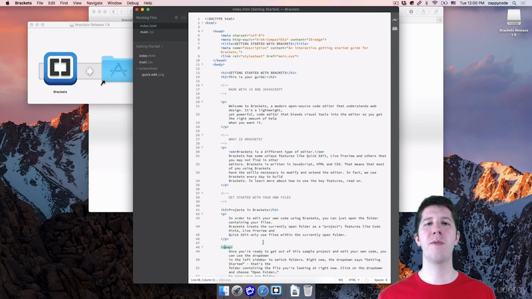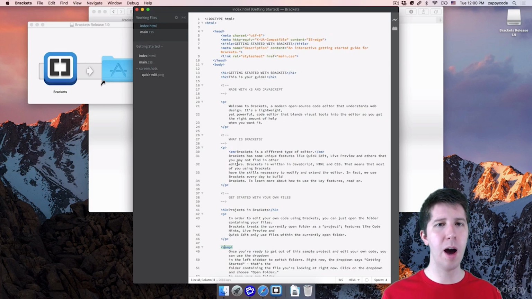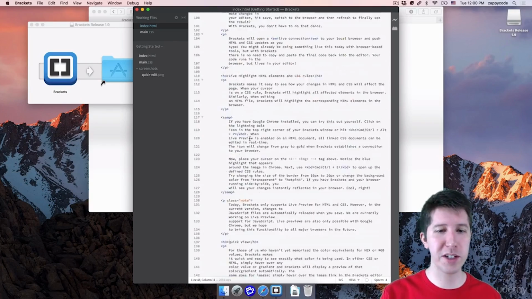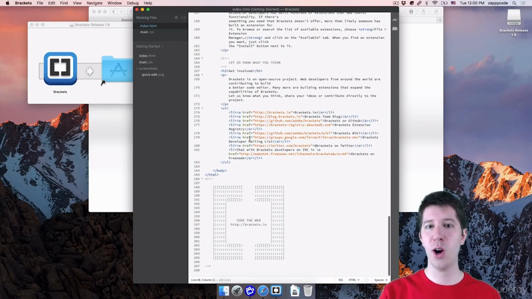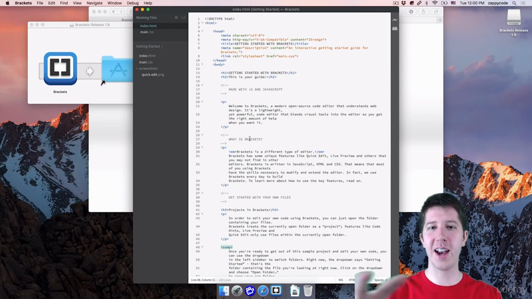And if you open it up for the very first time, it's going to have this sample website code here up and running. And you should just see some text like this. Now, first time coming here, you're going to look at this and be like, what the heck is all this garbage? Like, I don't know what any of this stuff means, but I'm going to show you how you can see what a website should be looking like here.